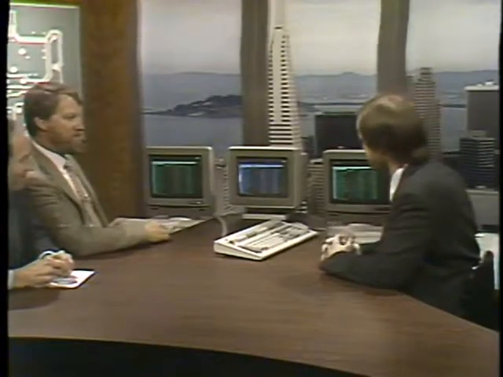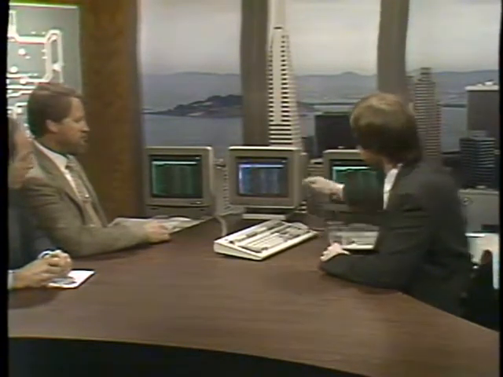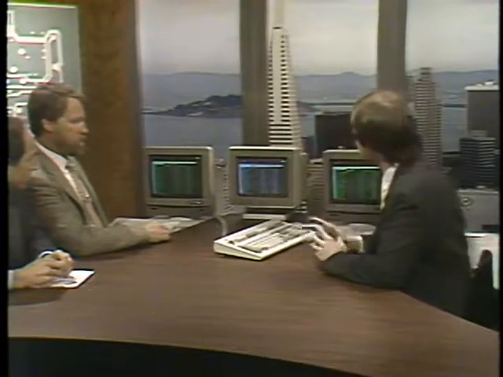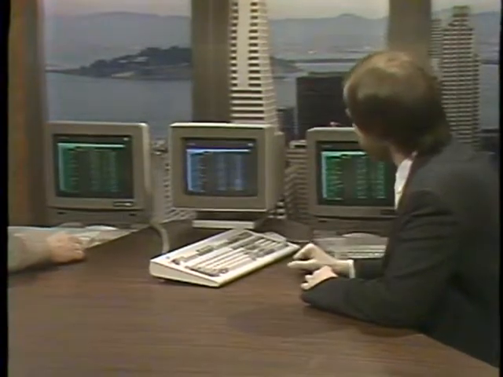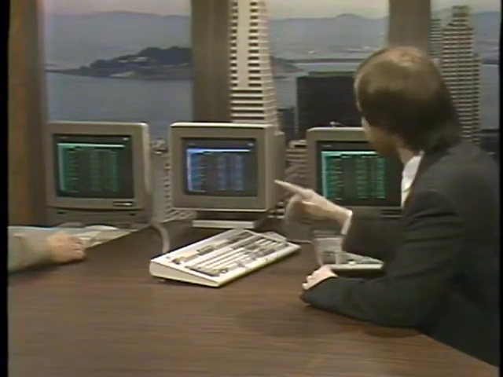Okay, which is, I take it, what we have set up here. Describe what's here and then run us through Concurrent DOS 386. Absolutely. Well, basically what we've got underneath the table is an IBM PS2 Model 80, which is, of course, the 386 model from IBM. And we've got the main console here, which is connected directly in. And then, connected off the two serial ports, the two RS-232 communication ports of the machine, are two